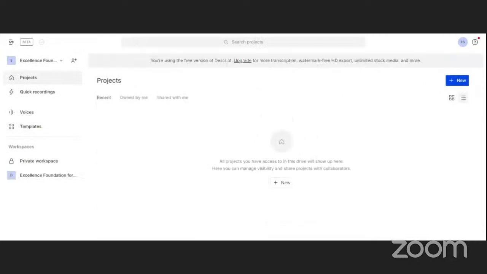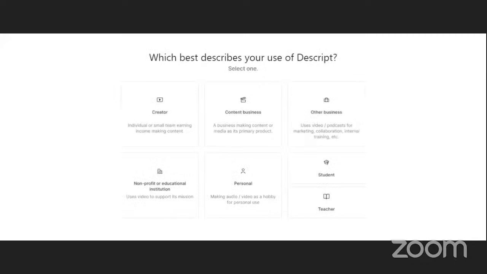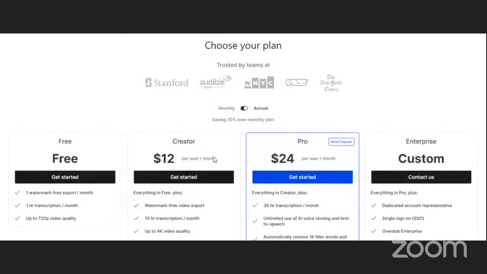The platform is loading user data. So this is it, the free version of Descript. Then I choose what I am going to use it for. I'm using it for non-profit and educational purposes. Which plan do I want?